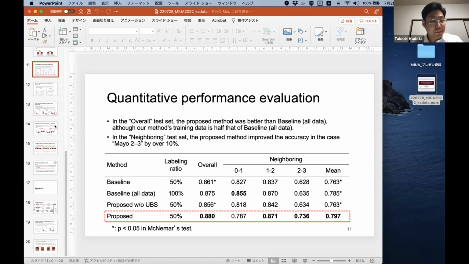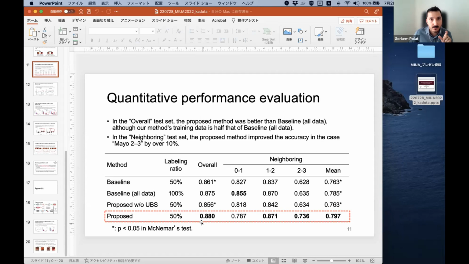We create overall data sets as pairs, for example 01, 02, 03, 12, 13. So the neighboring test data set is only 01 or 12 or 23. Okay, what I suspect is that your performance might be higher because there is a serious class imbalance in the